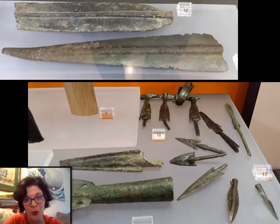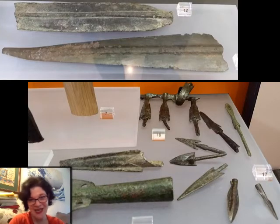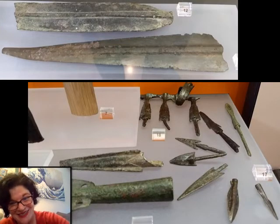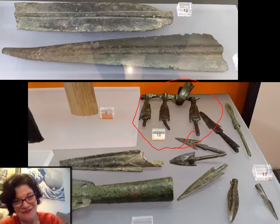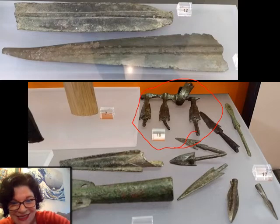So here are a few more pieces from a museum case. This is from the National Museum in Athens. And I've included in this find number 18 because you can see here how spear and arrow heads and javelin heads are made. This is the bronze that has been poured into a terracotta mold. You can see at the tips